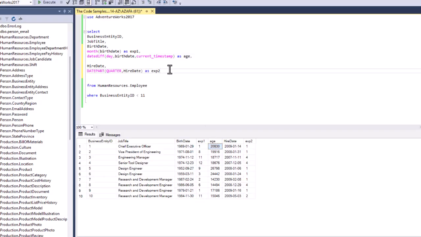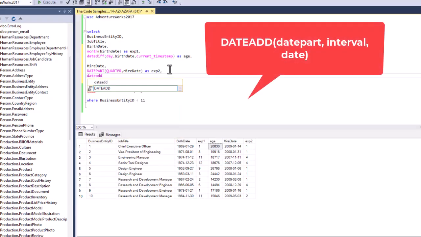Now let's say I want to add or subtract something to a date. Let's say I have hire date and I want to add 2 years to it, so I can say DATEADD. We can use this function, and then same thing here, we give it the date part, which is year, and then how many years do I want to add. Let's say I want to add 5 years, and what am I calculating it against? This is based on the hire date. Let's call it